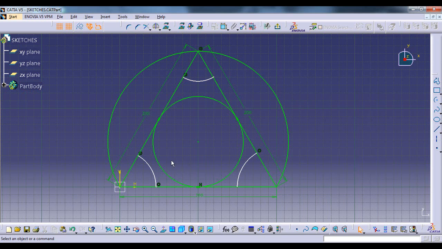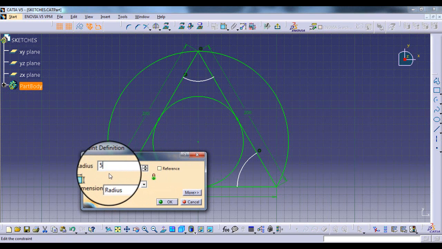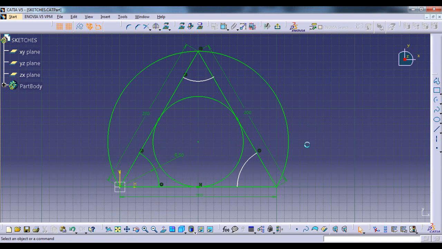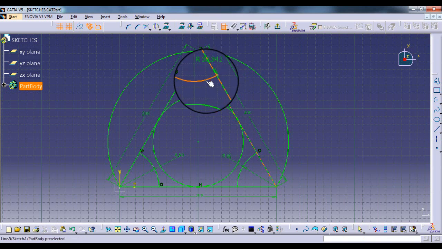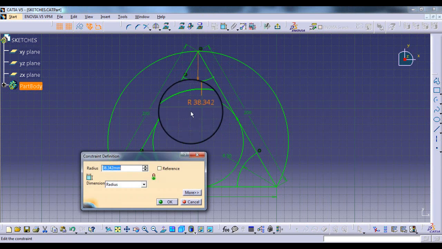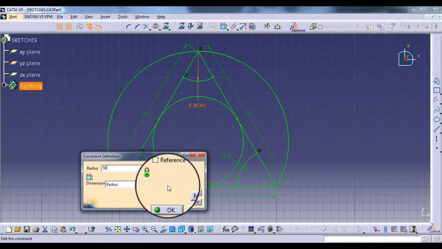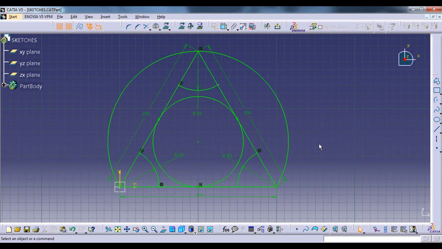Now we will give the dimension of 50 mm as a radius to it. Similarly, we will do it for the remaining 3. Okay, that's it. So this is the required sketch.